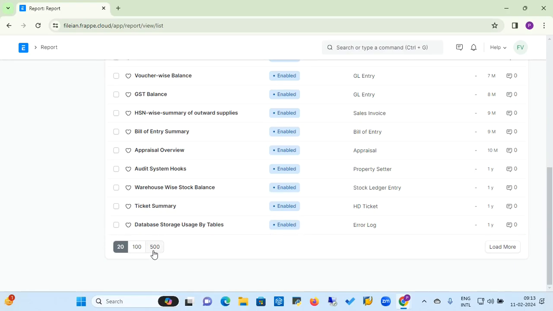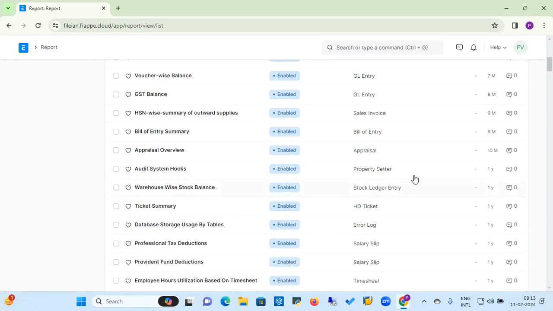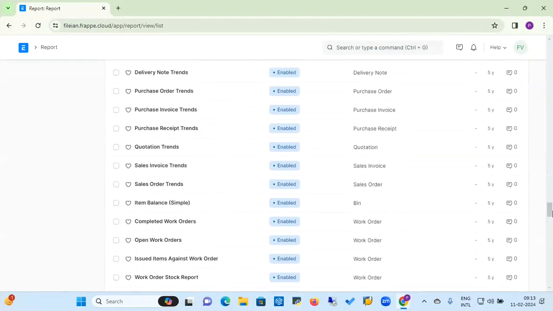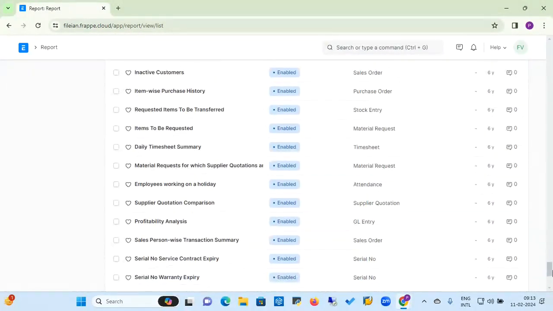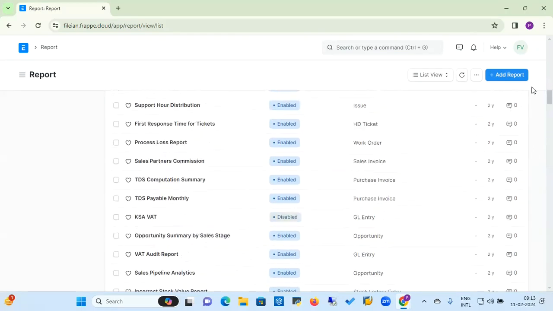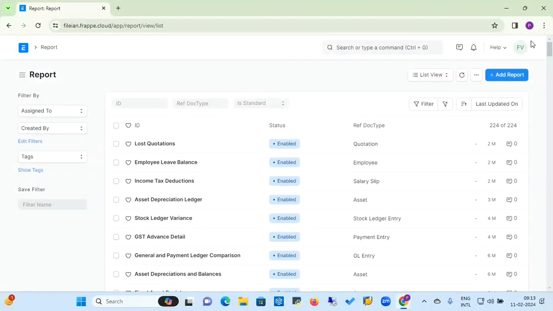Suppose I select the 500 option, then on a single page I will see all 224 out of 224 reports in the list. So here I can scroll down and see all 224 reports, which are the standard reports available in the ERPNext application. If you open any particular report, suppose